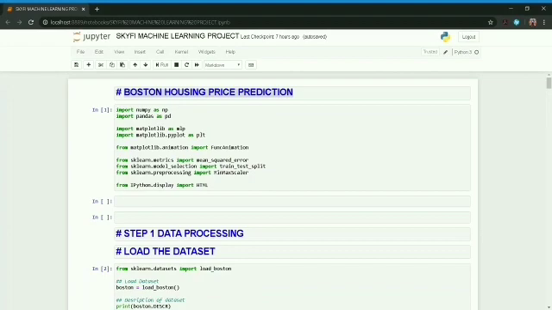Today I'm going to share my machine learning project that I was assigned from Skyfall Labs. First of all, the assignment is about Boston housing price prediction using machine learning. First, we have to download Python on the device and develop a model using linear regression. The data which we got from the Skyfall Labs Boston house prediction, we have to divide into 5 steps.